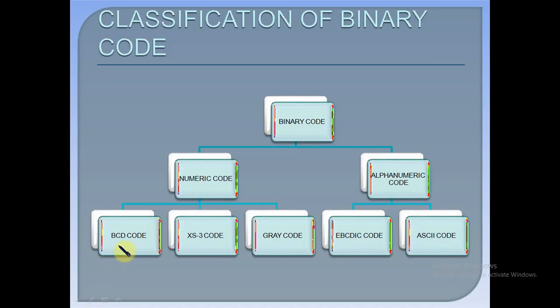And here are the invalid BCD codes. With 4 bits we can represent up to 16 numbers, for example 0000 to 1111. But in BCD code only the first 10 of these are used, 0000 to 1001. The remaining 6 code combinations, from 1010 to 1111, are invalid BCD.